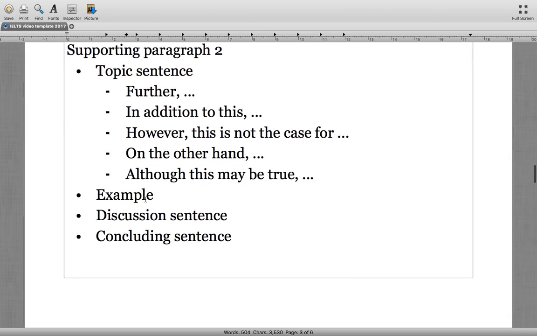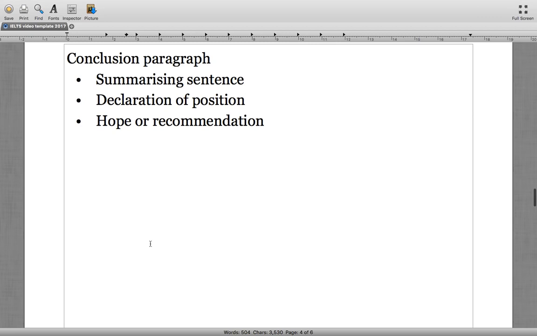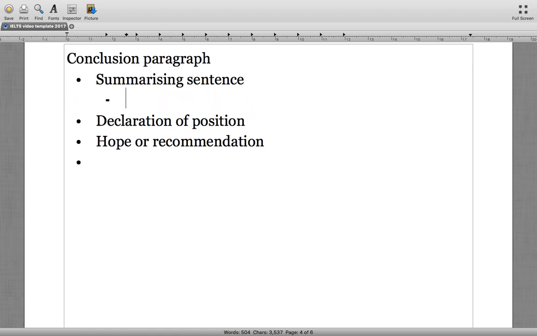And then you would carry on with the example, discussion, sentence, and concluding sentence, as we've talked about before. Then you come to the conclusion paragraph. And this paragraph is, of course, supposed to wrap up everything that you've said. It's supposed to re-declare your position, and that should obviously match whatever you said at the beginning of the essay. So the first sentence is a summarizing sentence, and you could start this by saying something like,